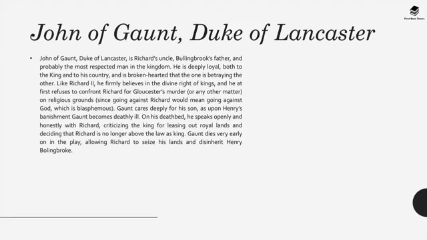Gaunt cares deeply for his son, as upon Henry's banishment, Gaunt becomes deathly ill. On his deathbed, he speaks openly and honestly with Richard, criticizing the king for leasing out royal lands and